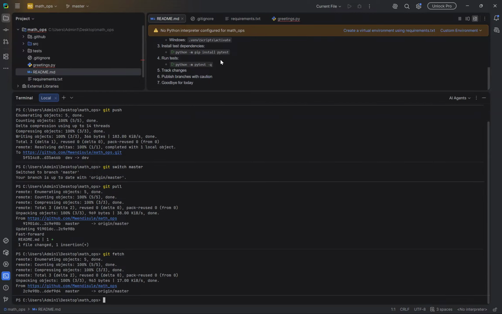Look at this particular file here. The file is still with goodbye for today. The 8th line is not seen because we just said git fetch. As you can see here, after git fetch, we downloaded all these commits, but they are yet to be merged to our